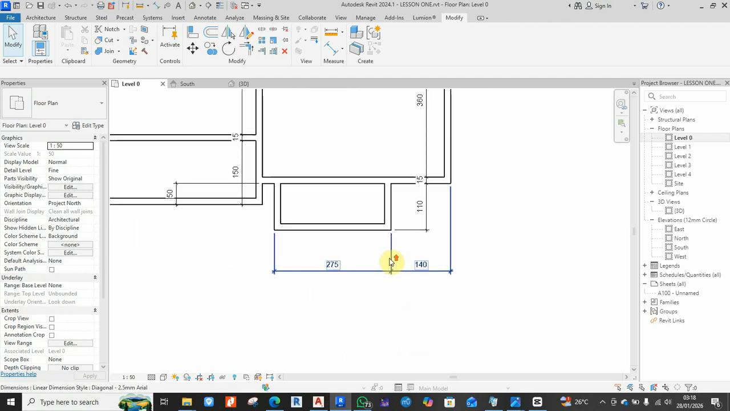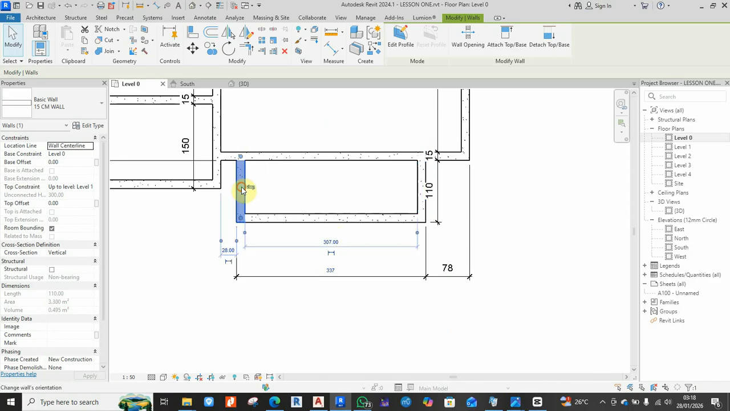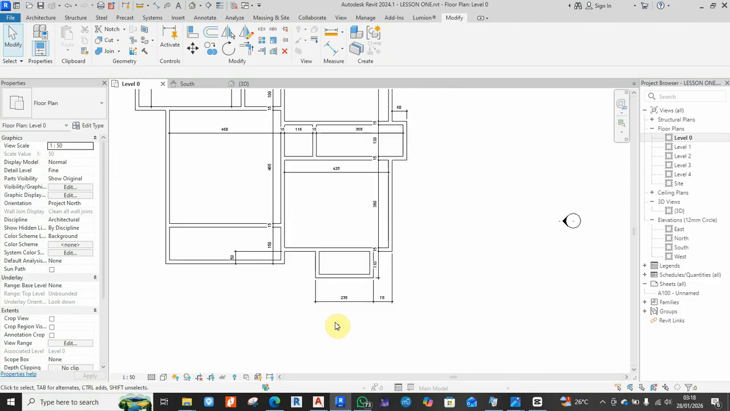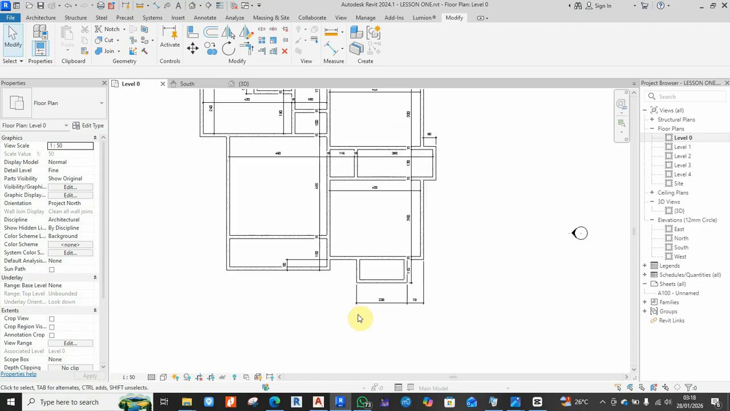So here I'll click on this wall and give it a distance of 78. I'll click on this other wall and give it a distance here of 238, and that's it. I will save my project, Control S. So the next thing we want to do is